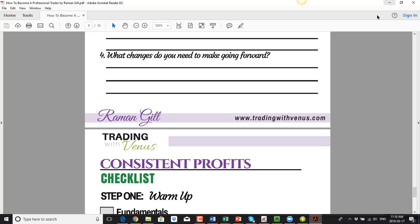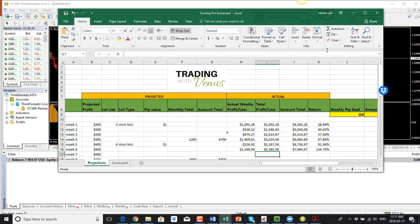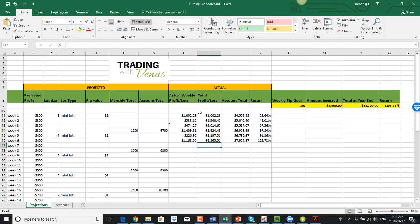Now let's take a look at our trading account. In terms of the trading account, I'm currently sitting at 7904.97 in terms of the balance here. So looking at our spreadsheets here, as we can see,